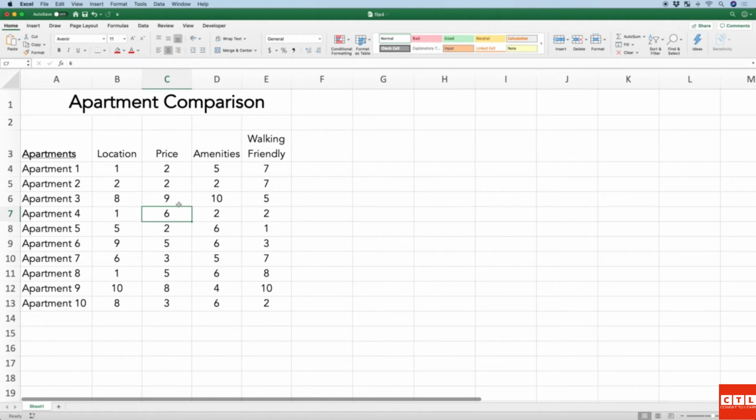Okay, hopefully you've gotten to the point now in this class where you feel confident. You're thinking of what you want to do next, which is you want to add up all of the scores for each apartment. You want a total score for apartment 1 through 10, and you want it to be in column F. If you were thinking that, that's great. You're already starting to understand and unlock the power of Microsoft Excel. So let's go to cell F3 and type in the word total